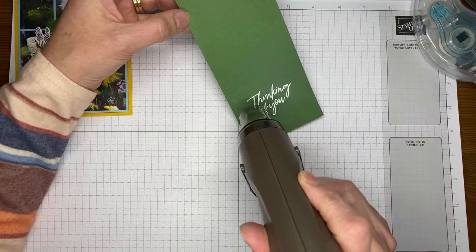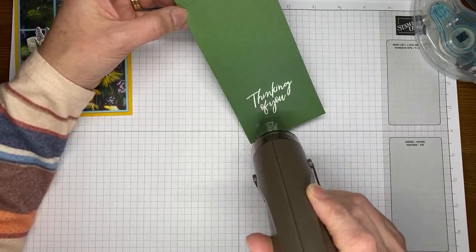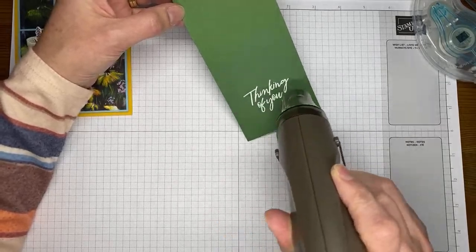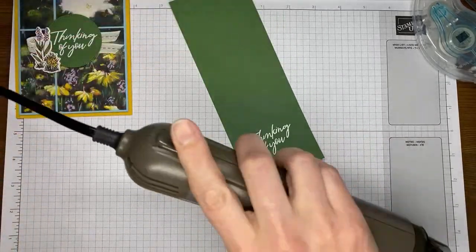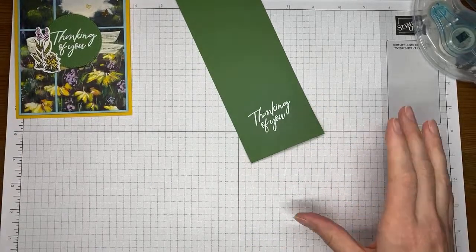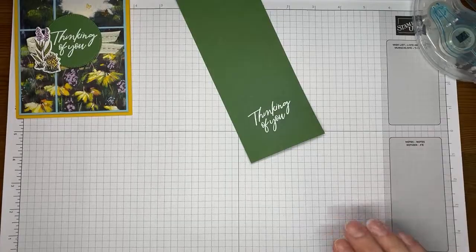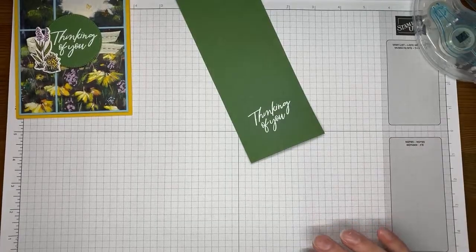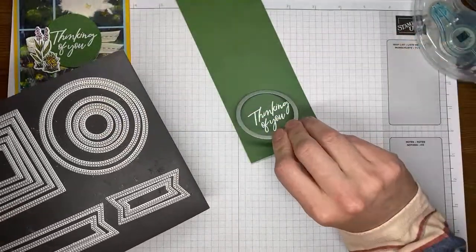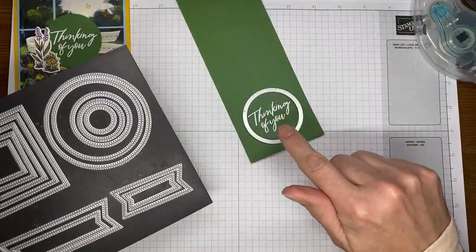You just want to run your heat tool over the whole image and make sure you get it all embossed. But you don't want to overheat it because you can burn your embossing powder, and then it turns all brown and yucky. And it gets really dull too. So if that happens, you'll know that you just burnt it. Try it again. So, all right, I'm going to grab my third from the largest of the Stylish Shapes circles,